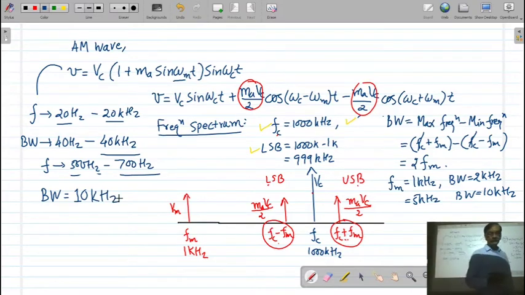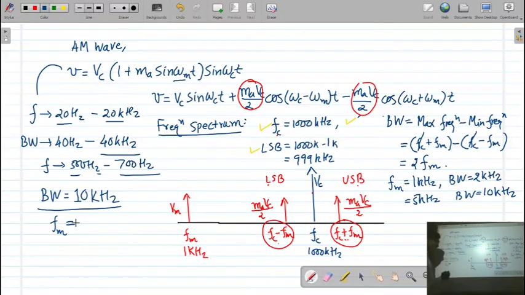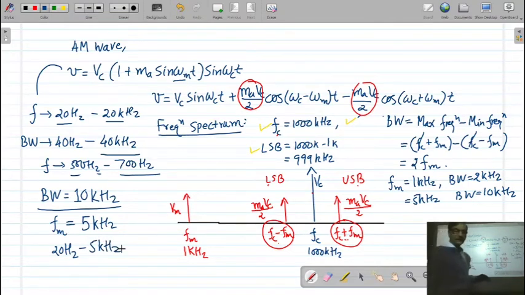Remember, this is the international standard. It means the maximum frequency which you can transmit will be 5 kilohertz. You can transmit your information between 20 Hz and 5 kilohertz, and whatever information is more than 5 kilohertz will be filtered out by the transmitter. And here, remember, if you see the sound quality in an amplitude modulated wave, it will be poor.